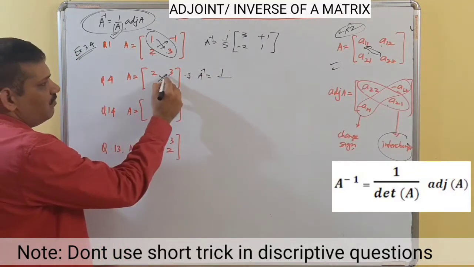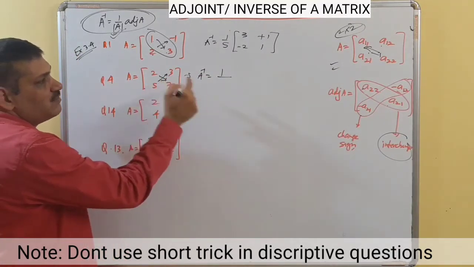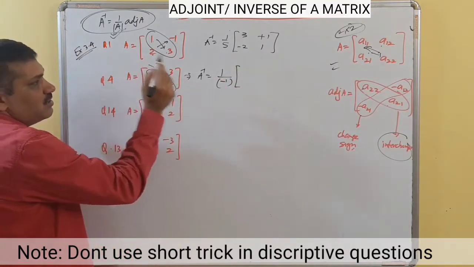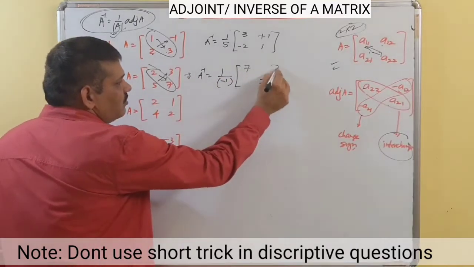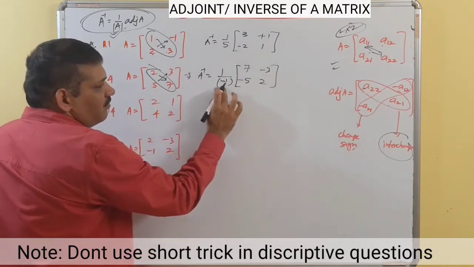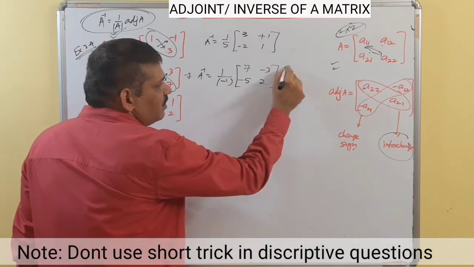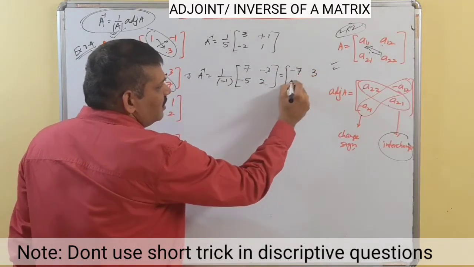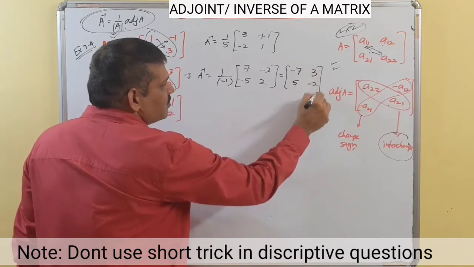Simply here A inverse is 1 upon determinant A. 7 times 2 is 14 minus 5 times 3 is 15. 14 minus 15 is minus 1, times what you will do: interchange this. So this is 7, and change the sign of these two, minus 5, minus 3. Now we have to divide it by minus 1. So all the signs will be changed, that is minus 7, 3, plus 5, minus 2,